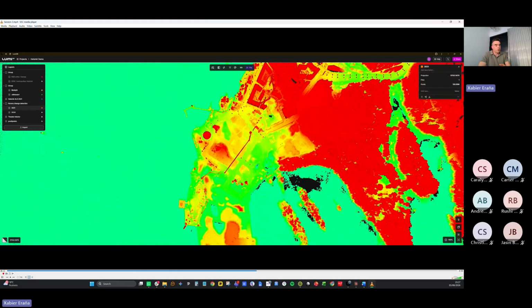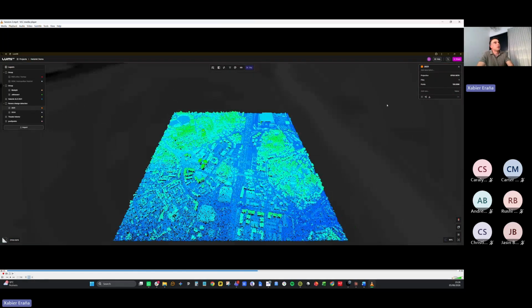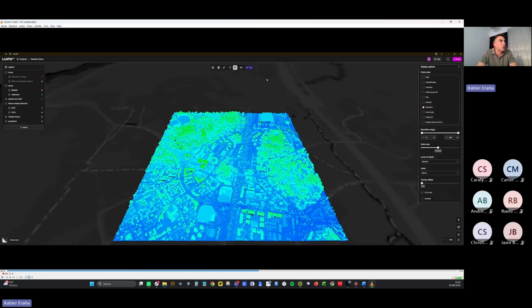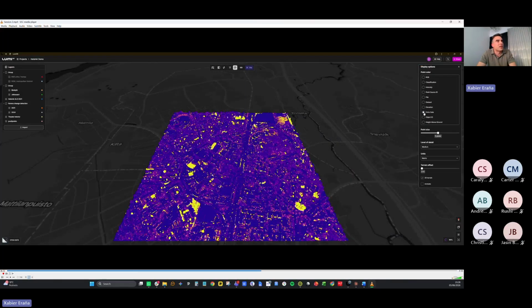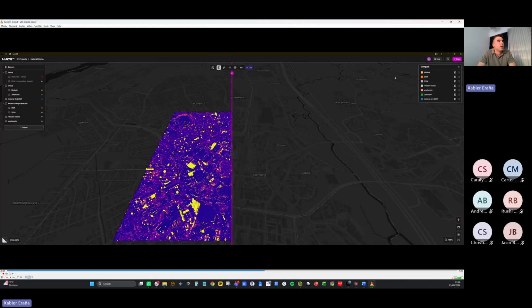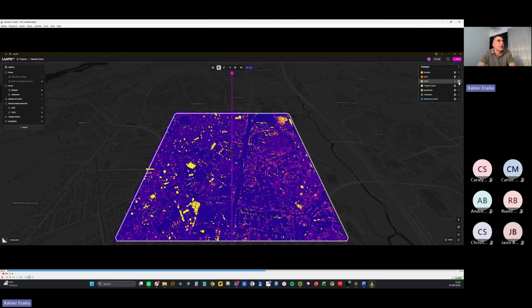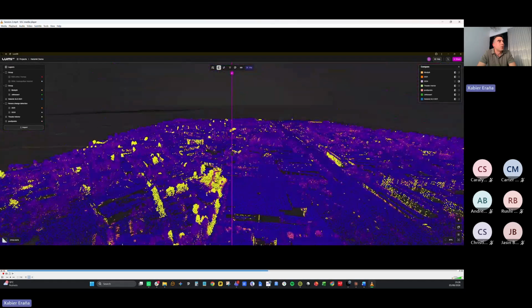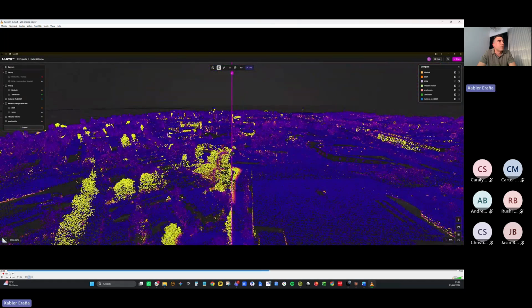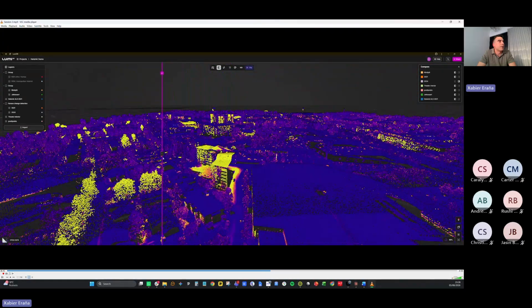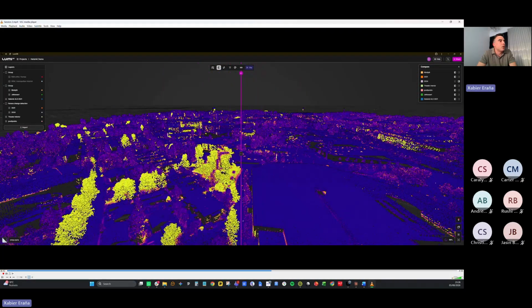And the next thing I'll focus on is the comparison over the different years we talked about earlier. If you are a person who's dealing with asset management or in utilities, this might be of high relevance to you. Here we have a tool to compare the different datasets. We are now at the outskirts of the city of Helsinki in the northern part, and we have the same data collected over the year 2021 and 2024.